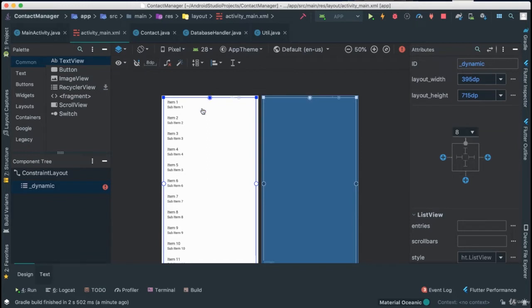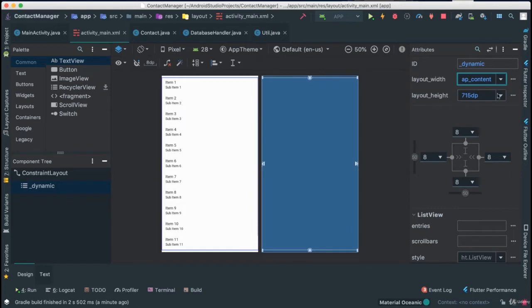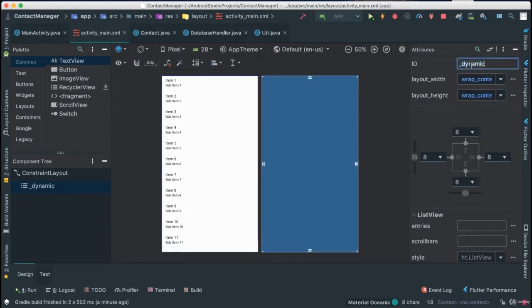And let's make sure that we add all of the constraints because it's going to just take the entire screen anyway. And the other thing I like to do, I like to change this to wrap content, everything, so that it's all wrapped in nicely. And instead of having the default ID, I'm going to just call this listView. Okay, for the ID. So this ID, we're going to use it to then infer our list view and start